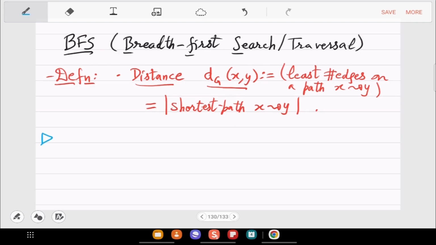So these are the basic properties, that distance is between 0 and n minus 1. n is always the number of vertices of the graph.